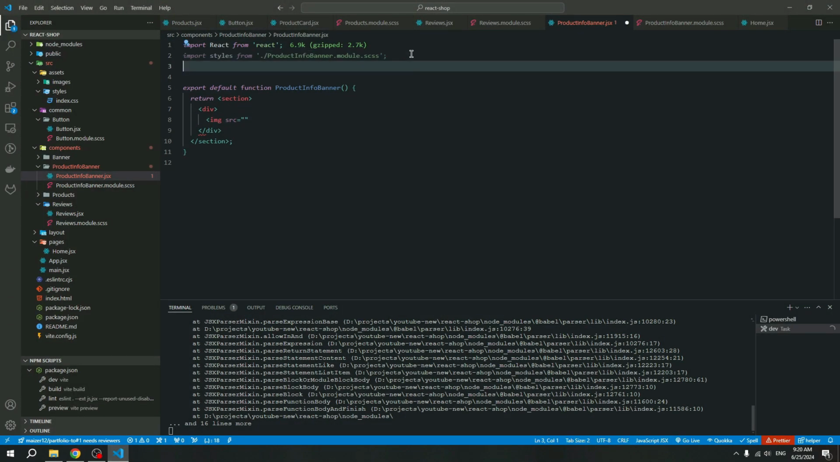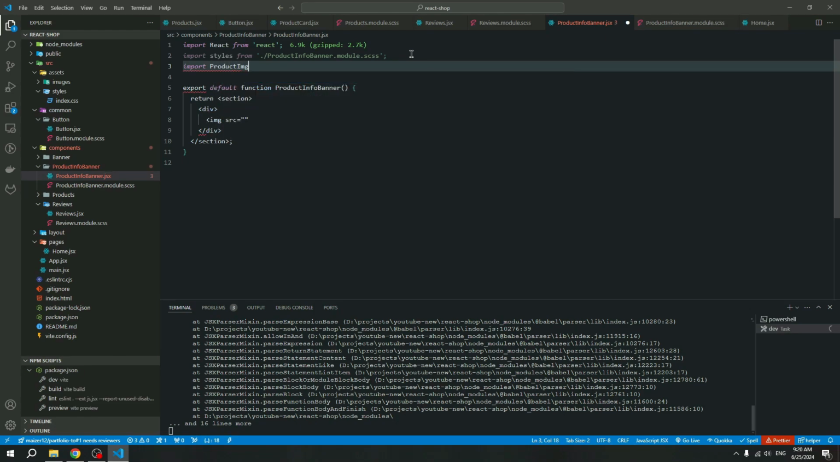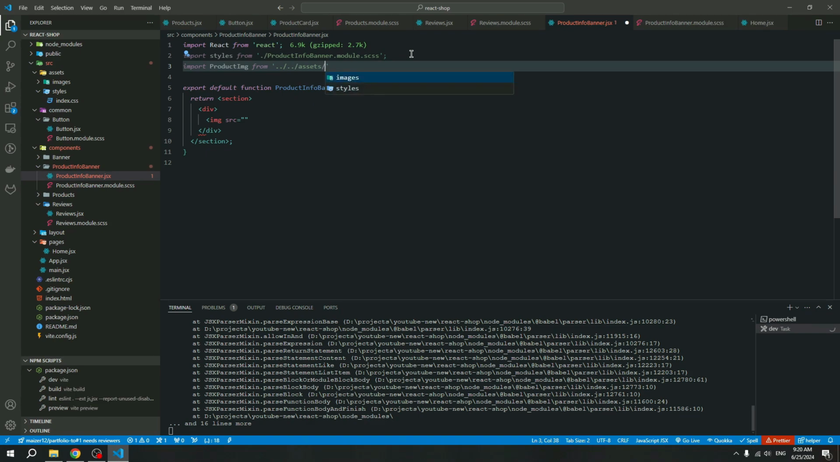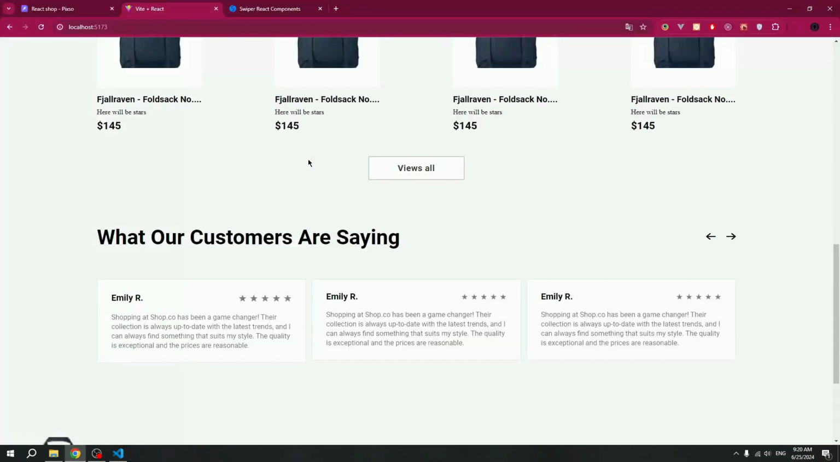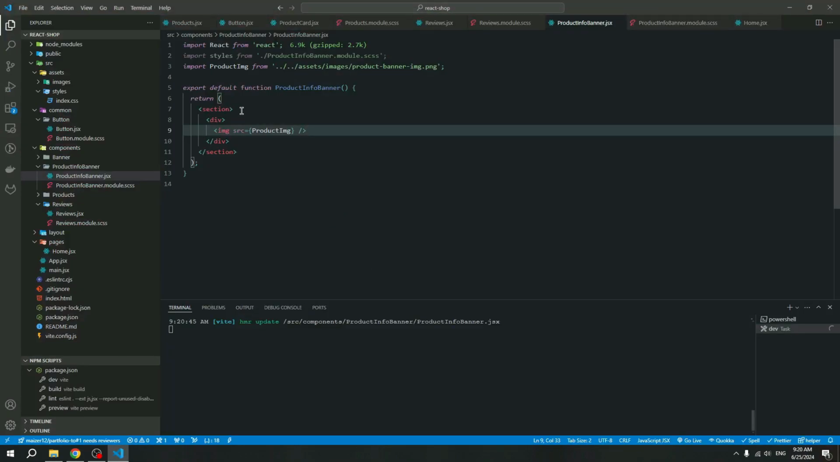First we import product from assets, images, and here's our image. Import and connect this image. Let's look at the window. Okay, this image works, and next we need to create a container